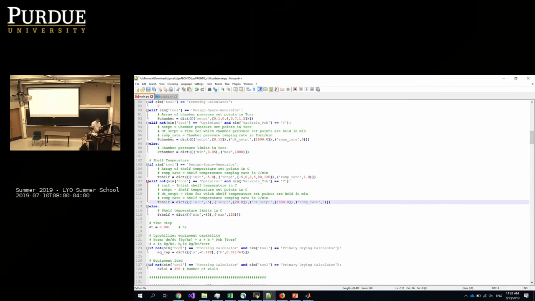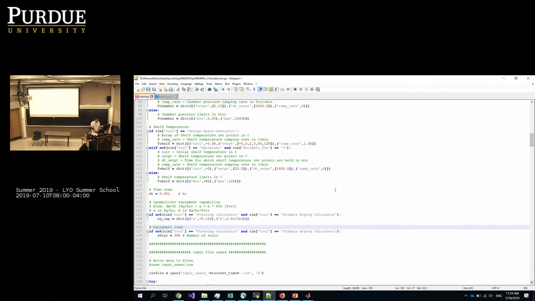Time step, equipment capability limit same, number of vials 398, so only one shelf is loaded, so we make sure that limit is not exceeded. So this is all the parameters we need to know.